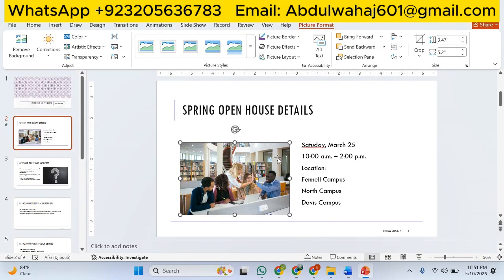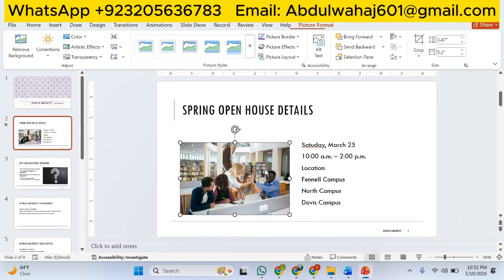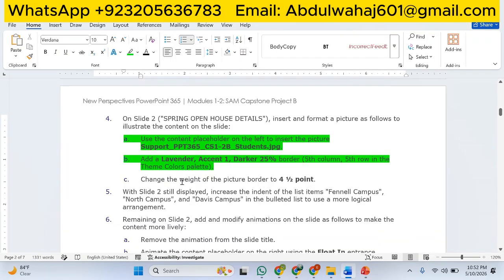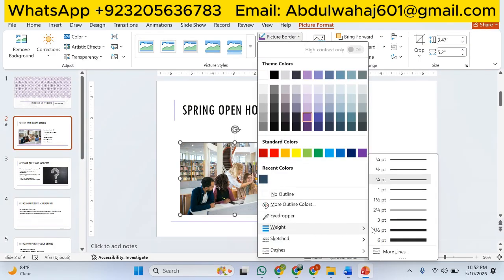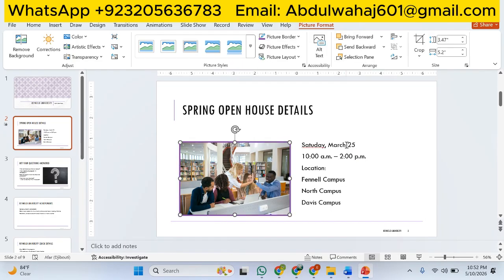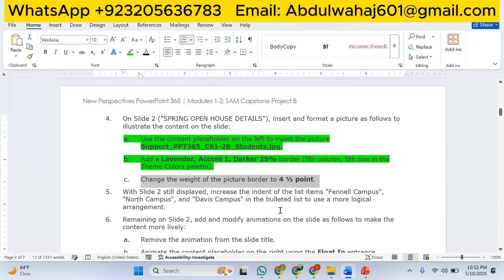It should not be visible to you right now because it might be a very thin border, and now we have to change the weight of the border so that it should be visible. It's 4.5. Again, select the picture border, weight 4.5. Now you see a clear border picture is available, which is almost the same color as the theme that we are using in this slide. Okay,